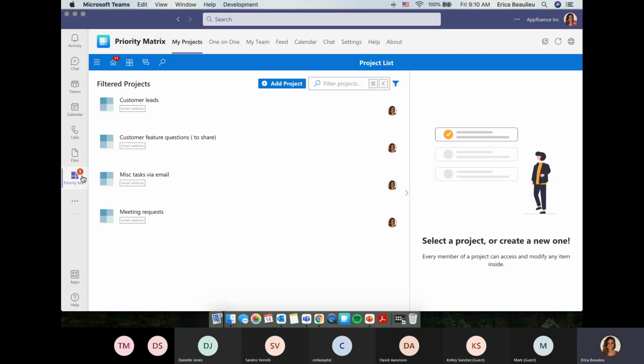Priority Matrix allows you to create different projects, which you can either use by yourself as a personal task management solution, but more commonly, people use this with their teammates, with their direct reports, to be able to collaborate. What I mean by collaborate is give visibility, share status updates, communicate, set deadlines, and all in this one central